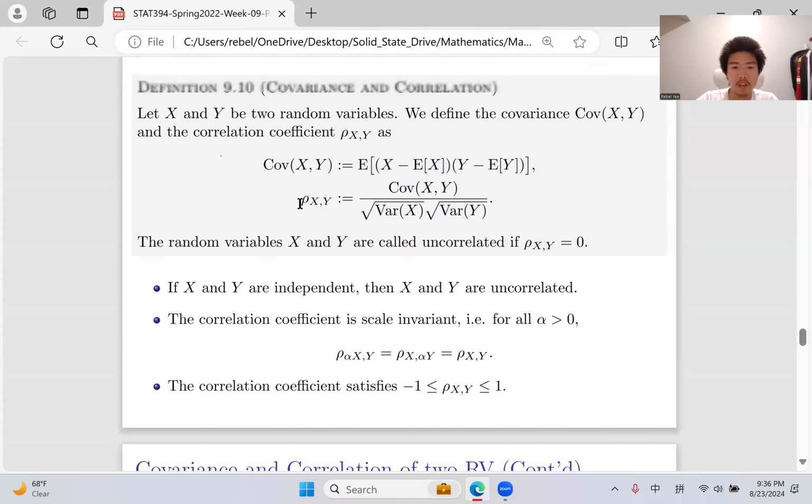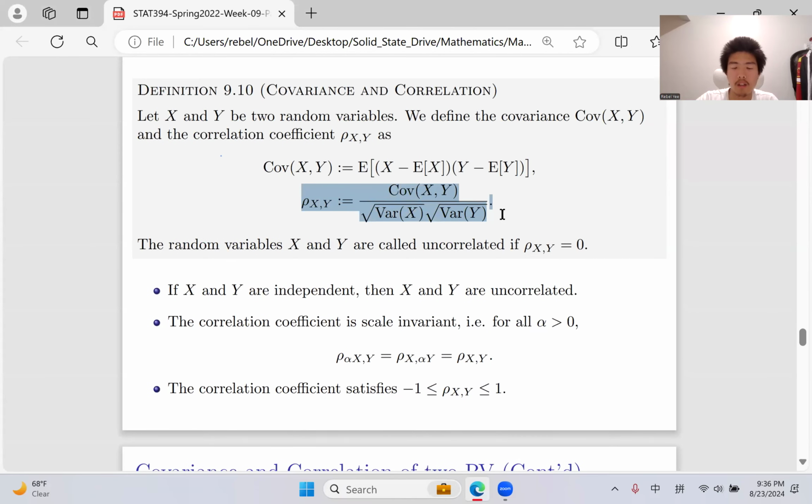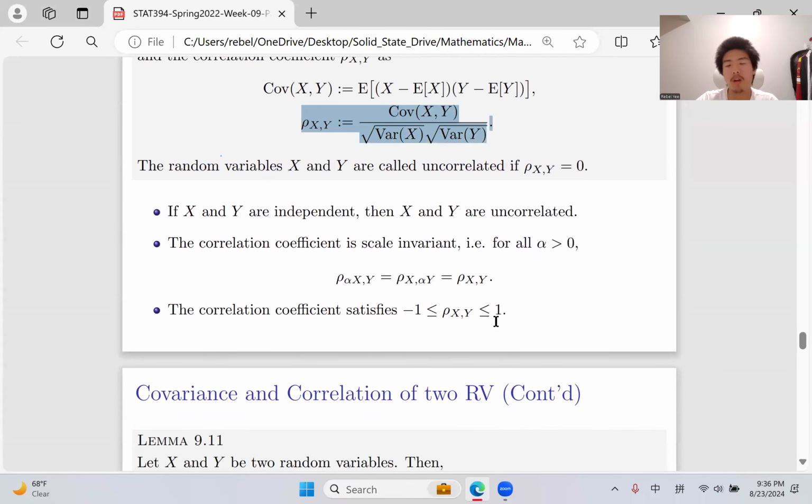And also this term is calculated in this way. It's between -1 and 1, and this is independent of how their coefficient changes. Which means it's invariant. It's scale invariant. So if alpha is a constant, then